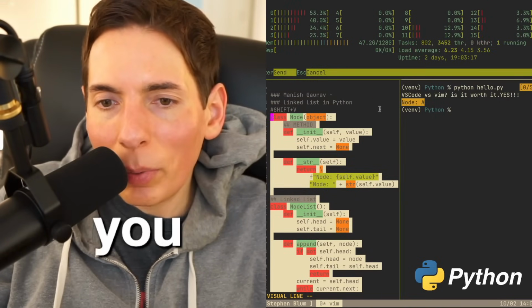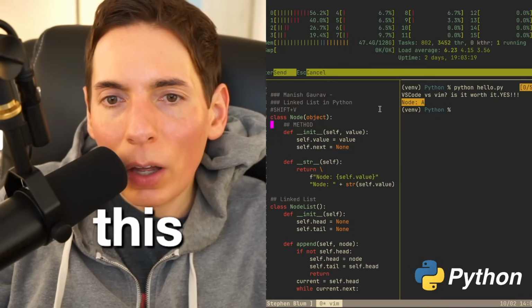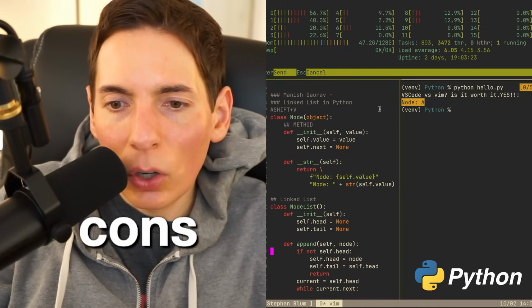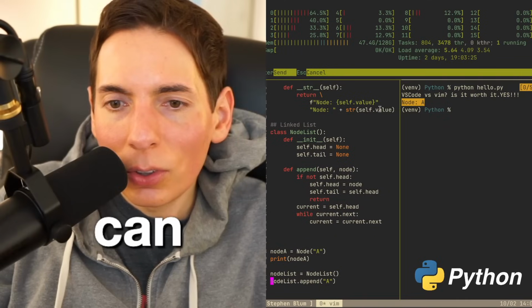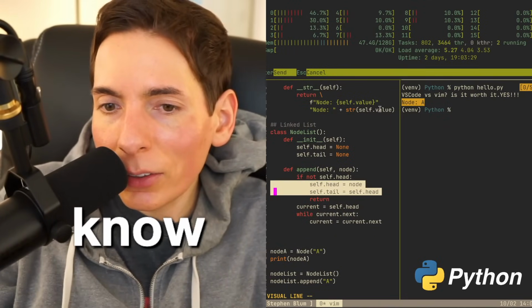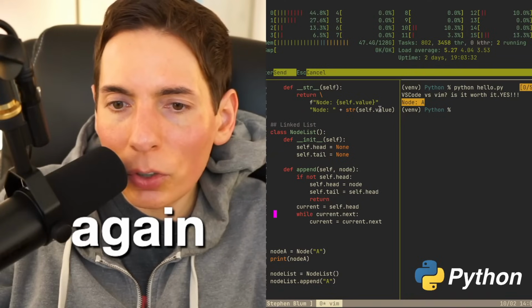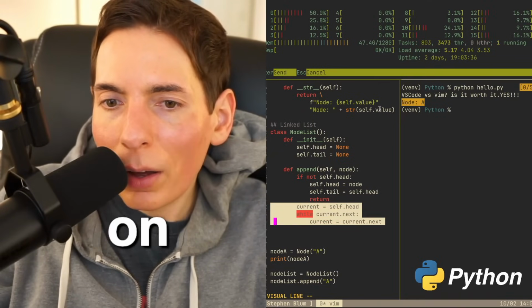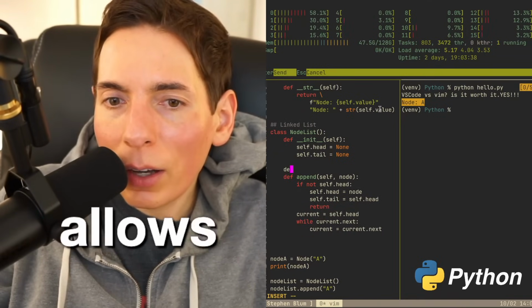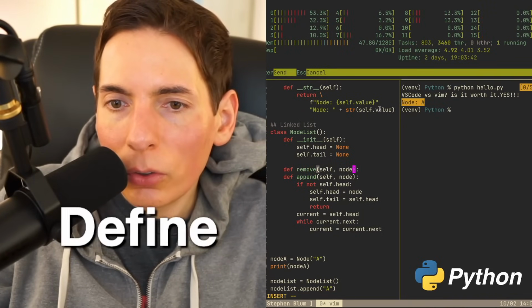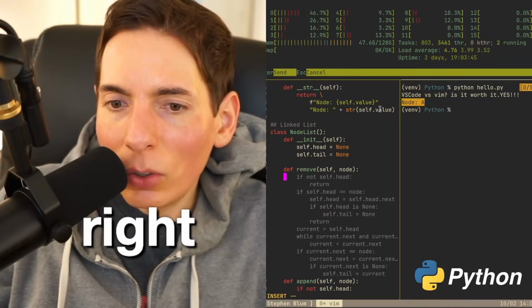So if you were curious about it, it kind of looks like this. You have a node, and then you have a node list, which consists of nodes, right? So you can pass in nodes, and you can have head and tail, so that way you know how to loop. That way the linked list can loop. Then you've got your current position, and then it allows you to modify the list by appending. And then you want to define how to remove a node, right? Remove a node, something like that. And then you can also do it. And there's a whole